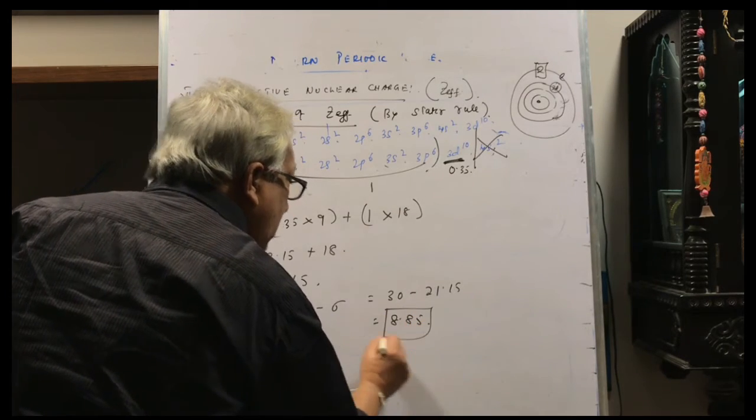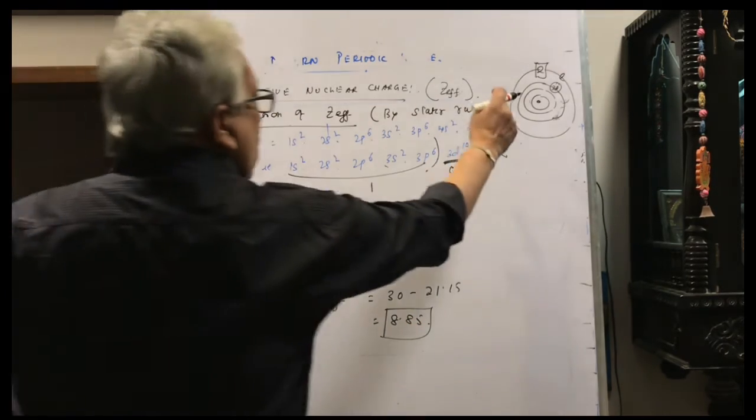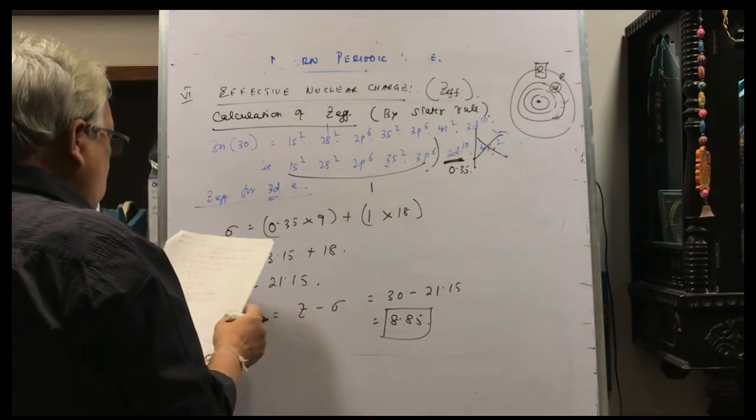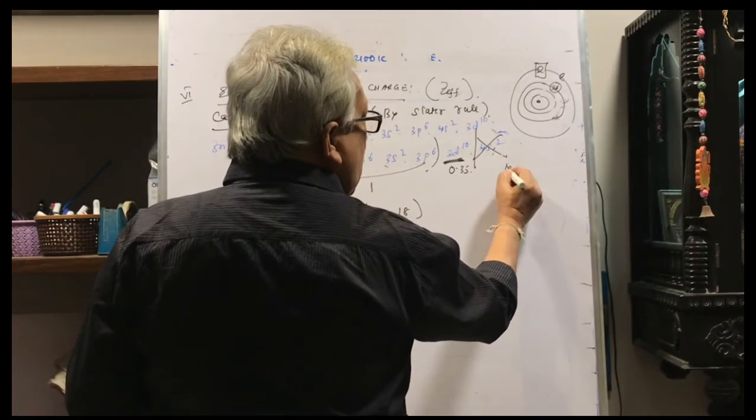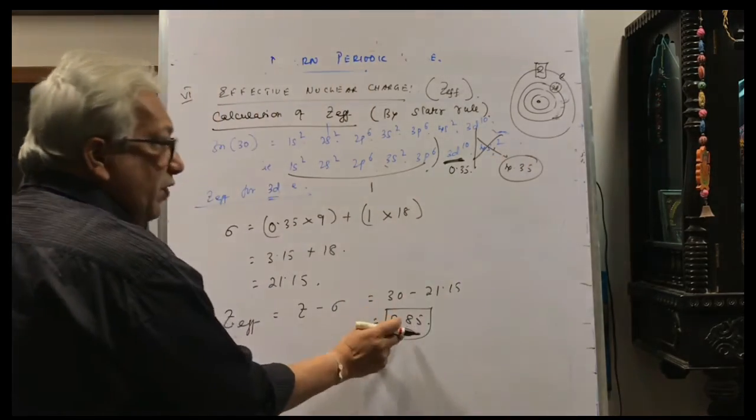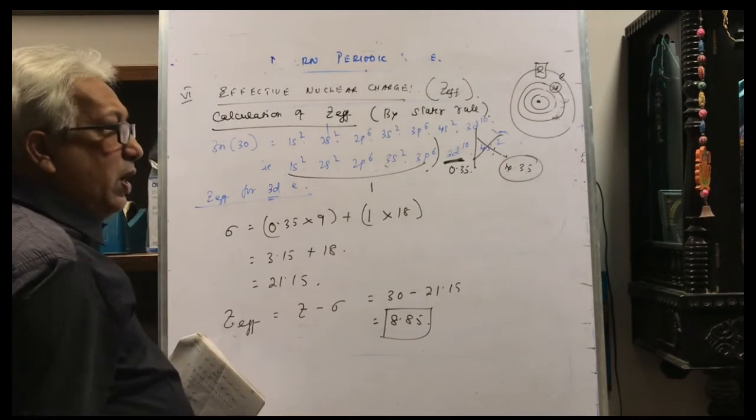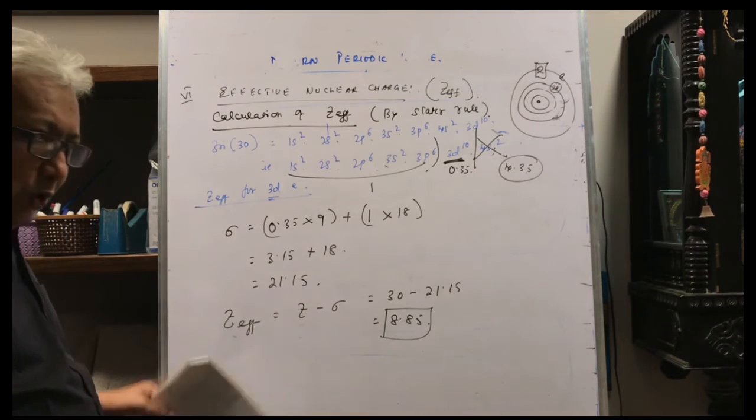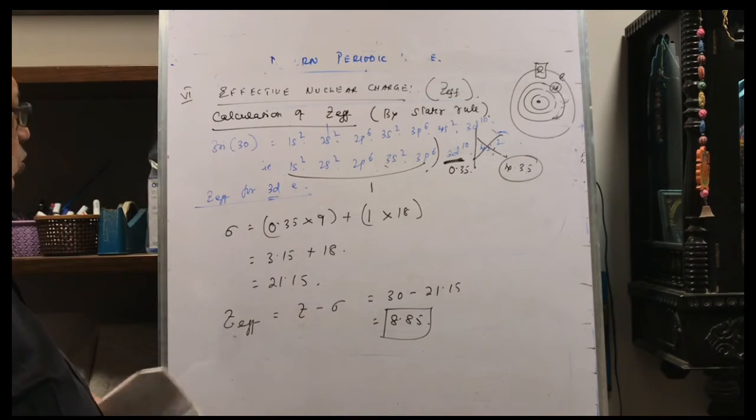Now you can see that when it was the S electron right outside, its effective nuclear charge was 4.35. Inside, the effective nuclear charge is more, as we expected, 8.85. I hope you got my point. Is that okay? Now the next one that we do is